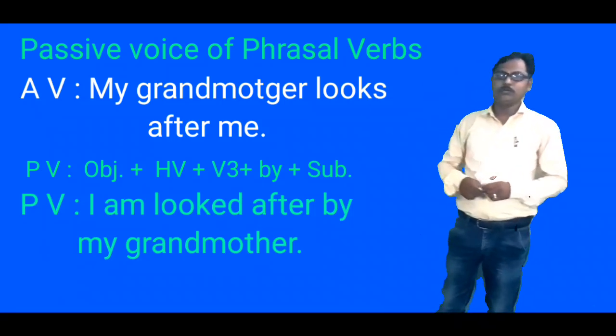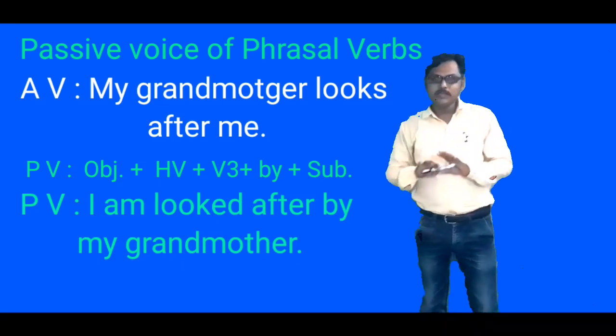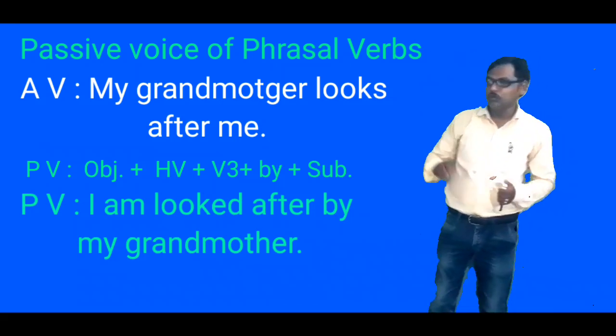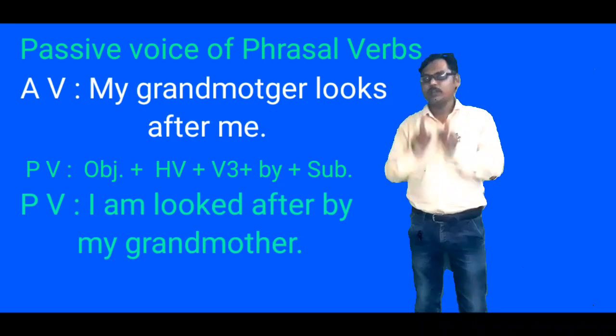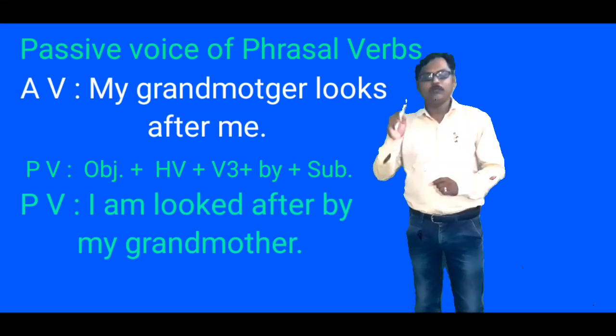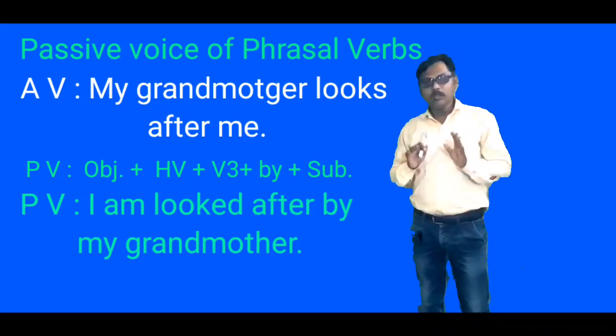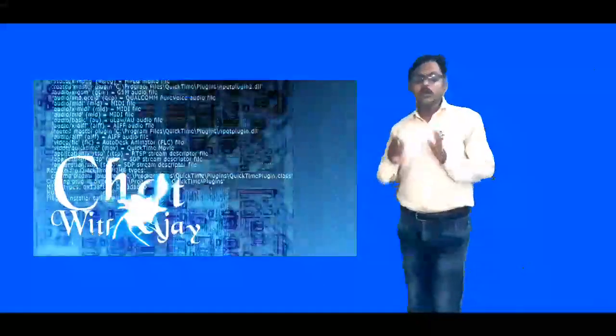So when phrasal verbs are used in the sentence and we change it to the passive voice, it is simple. We only have to use the prepositions that are used in the phrasal verb as they are. We only have to change the verb from the first form to the third form. Okay guys, do you understand? Today we have seen the passive construction with modals, then how we can change the ditransitive verbs and the phrasal verbs into the passive construction.